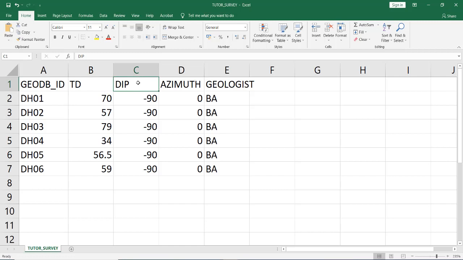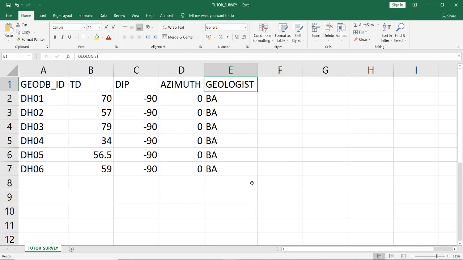Dip is normally minus 90 because there is no change for drill hole sloping, no sloping, just a straight line for vertical. Azimuth is nil because the drill hole has no direction to north, east, and so on. Geology is initial. Okay.